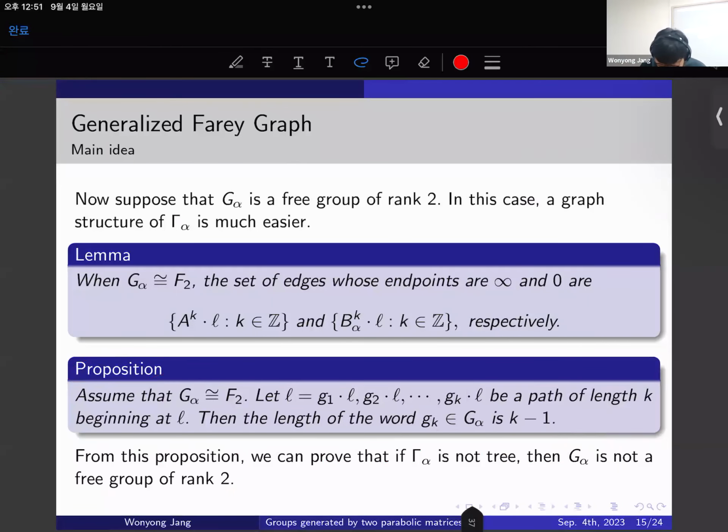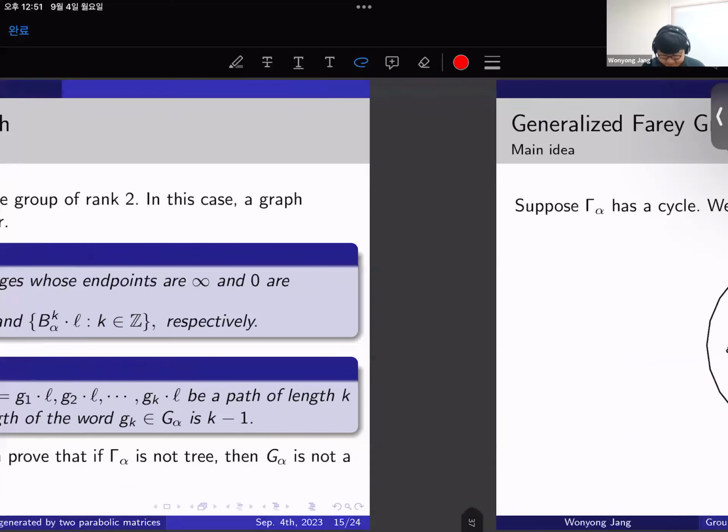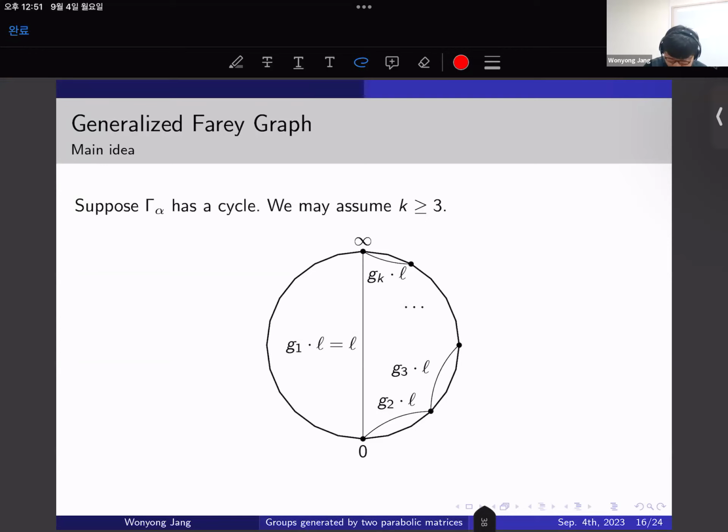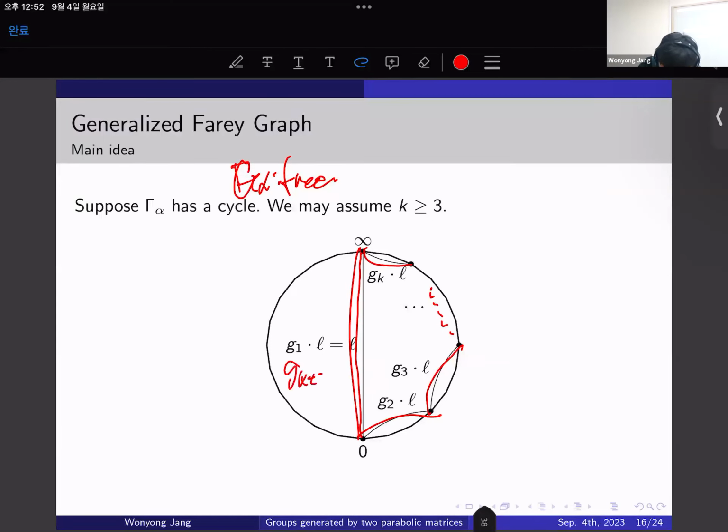From this proposition, we can prove that if gamma alpha is not a tree, then G alpha is not a Nielsen free group. I will explain by drawing some pictures. Suppose our assumption is that G alpha is free. Then by the proposition, we can consider the following: G1.L, G2.L, G3.L, and so on up to GK.L, and GK plus 1.L is the same as L, and by the previous